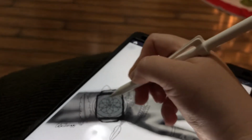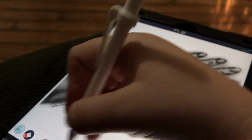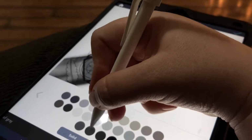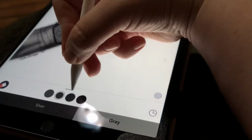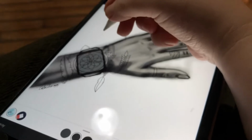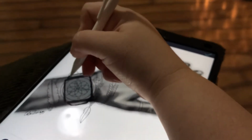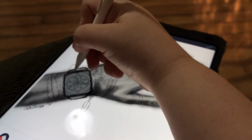Feel free to experiment with whatever colors you want. So, got that. Lighter color, bottom of the gray. So you can see what I did here. And we're gonna keep the opacity turned up and the size of what we're using turned down. And we're just gonna kinda,